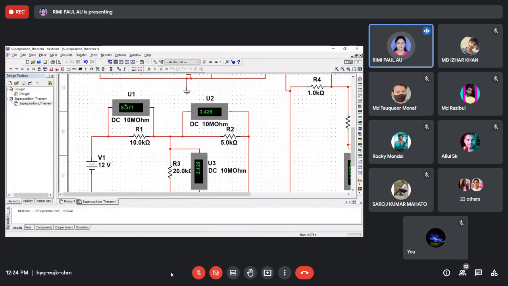It is written here volt, and the plus side is here, minus side is here. So when you use a multimeter, you have to put one probe here, another probe here. I'll try to show you next week the breadboard and multimeter, and how to connect. Now here, 5 kilo ohm, 3.429 volt. Here also you can see plus minus, because we are using direct voltage. Polarity matters.